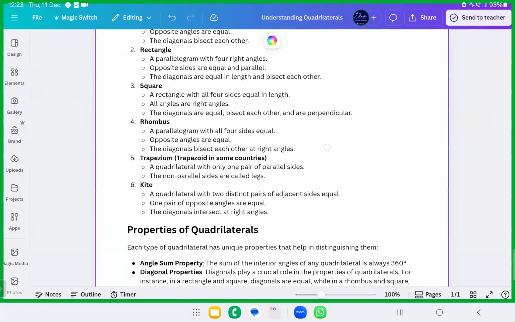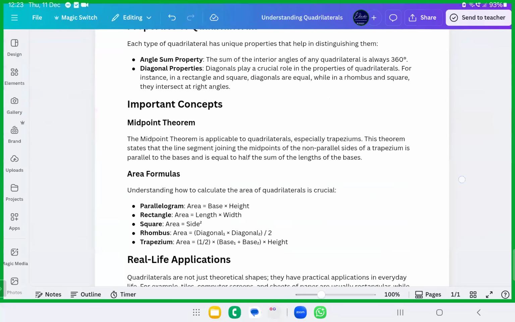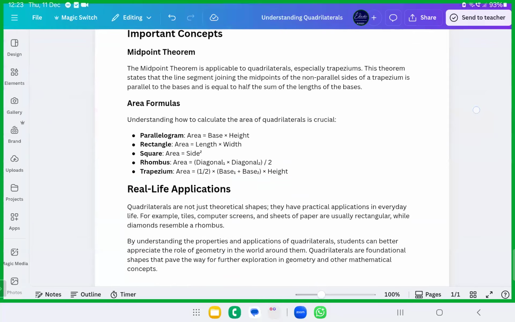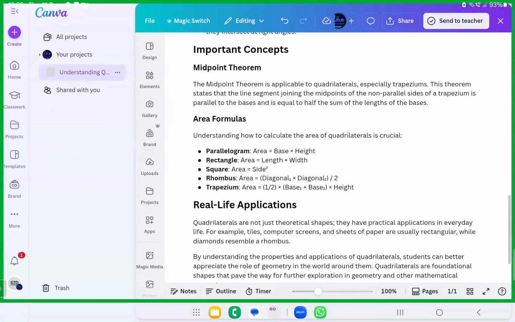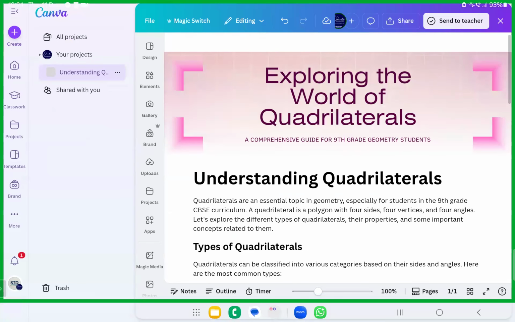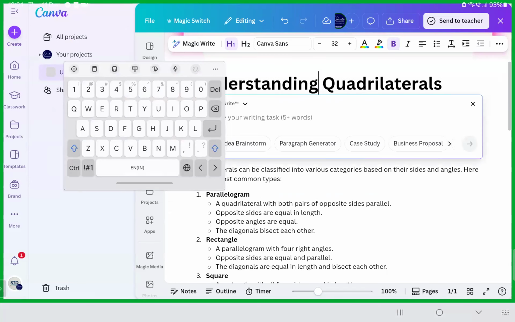So this way you can even edit the content, even ask the Magic Write to add more things to it. So this is how we can make the documents. Fine. Okay, what about concepts? Not just this, even if you are into the Islamic point of view, if you want to write this in the Magic Write format, I'll just try to see here. Write for me